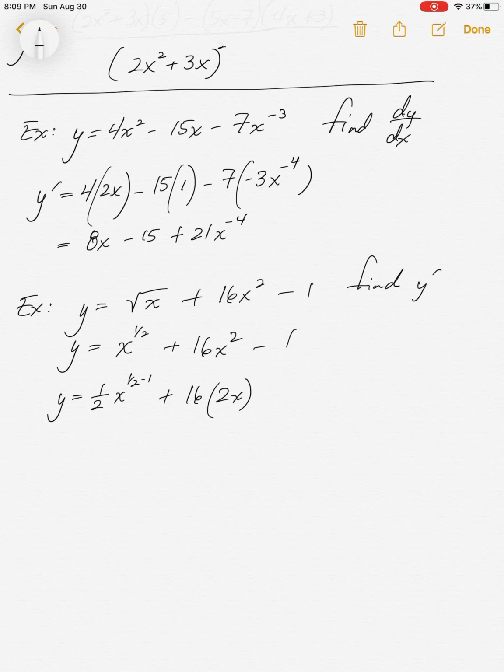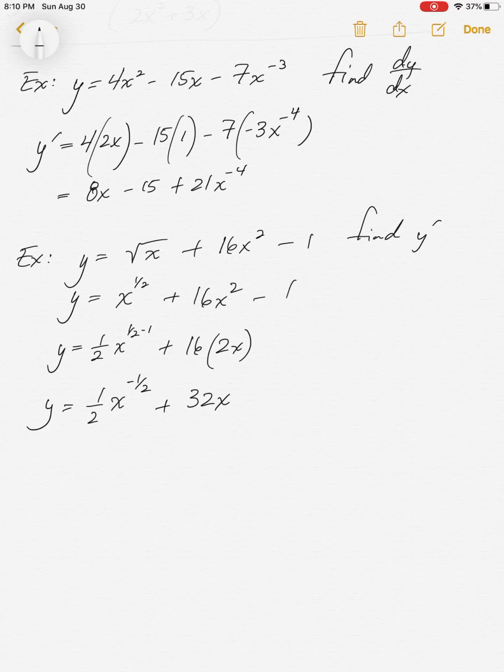Derivative of a constant. Somebody talk to me. That's right. Somebody said that's 0. Thank you. So your simplified answer is 1/2 x to the negative 1/2 plus 32x. Question, did we start this problem with any negative exponents? No. So don't finish it with negative exponents. Apply those rules of exponents and put that